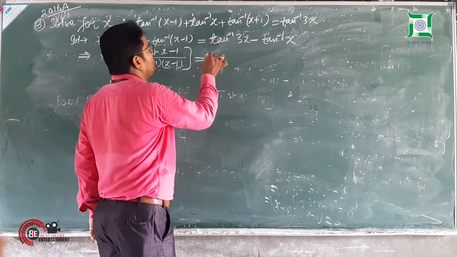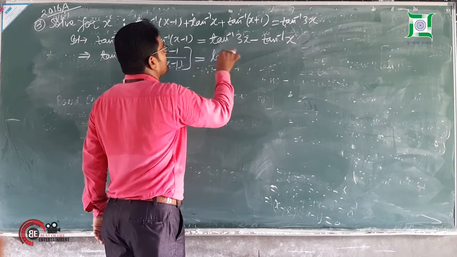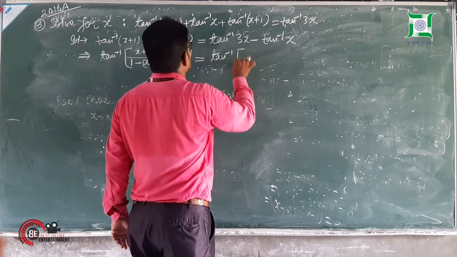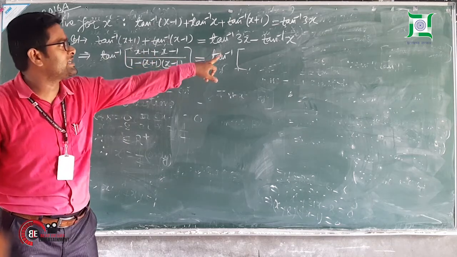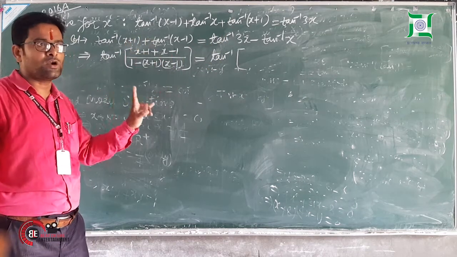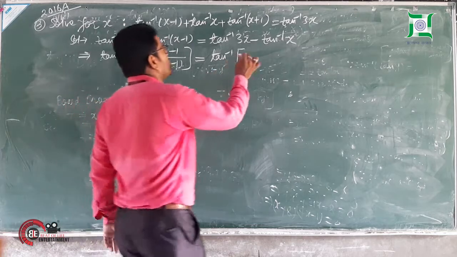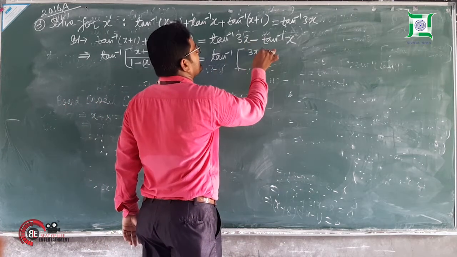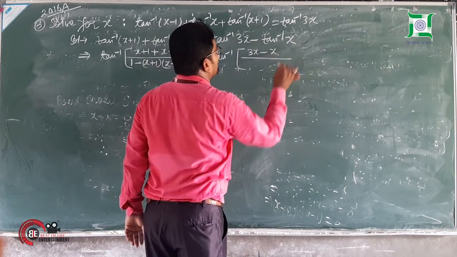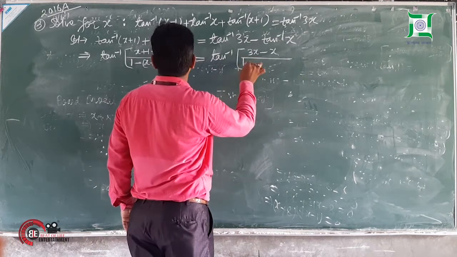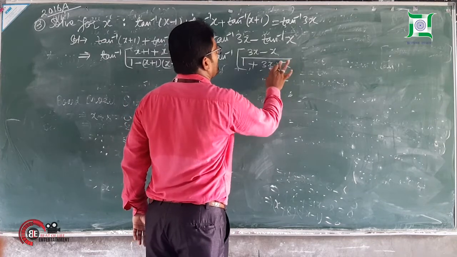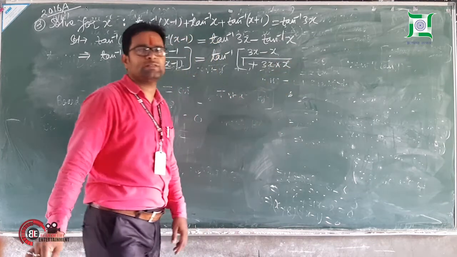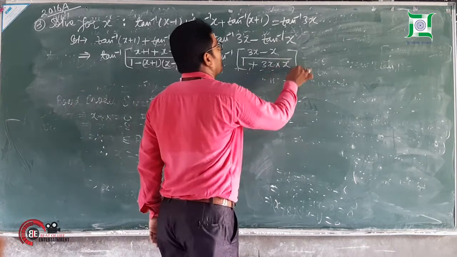Now here also you do tan inverse. But remember, here it is tan inverse x plus tan inverse y, but here it is tan inverse x minus tan inverse y. Do not use the wrong formula. So it is x minus y, where x is here 3x: 3x minus x by 1 plus 3x into x. Okay everyone? Remember this. We have to apply the right formula.